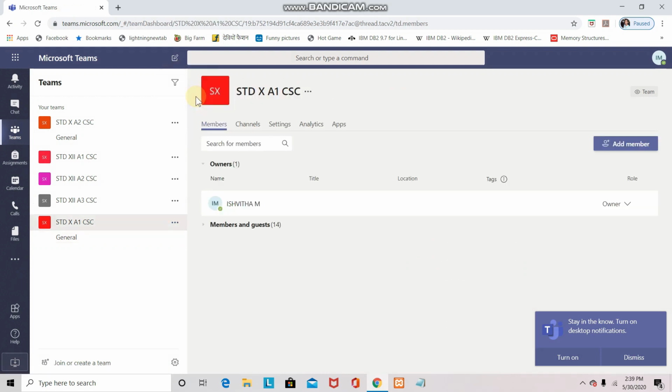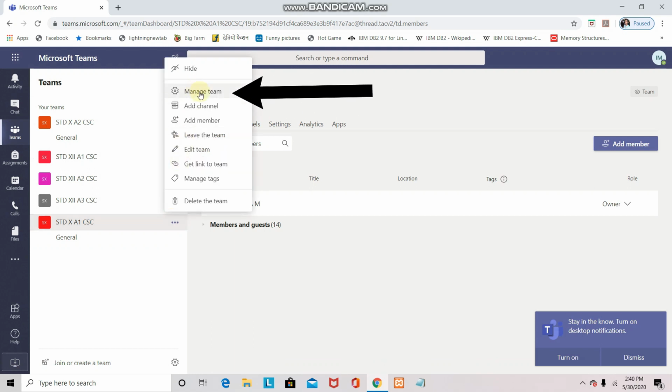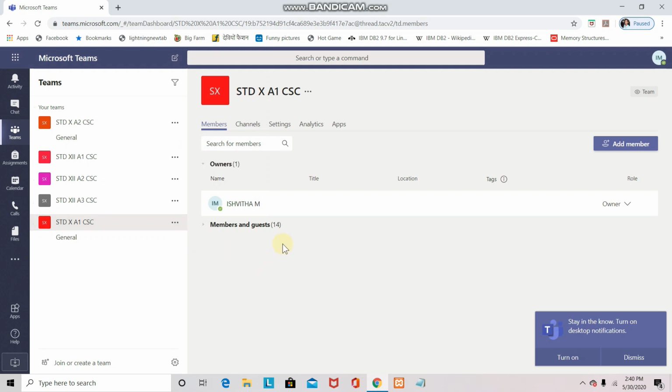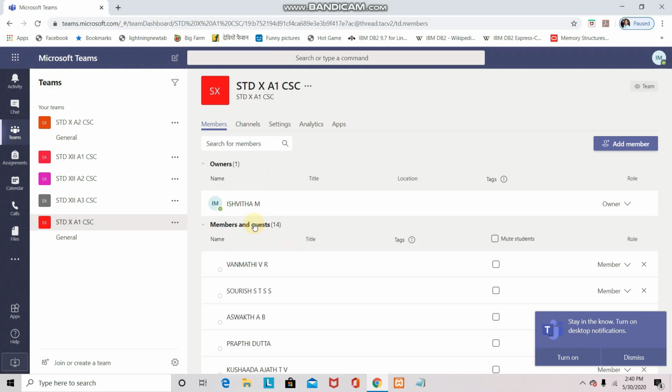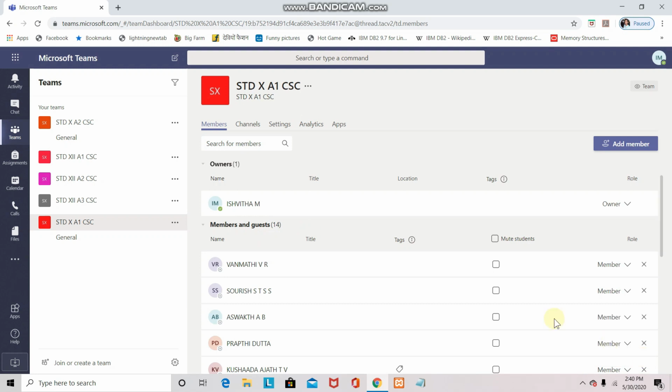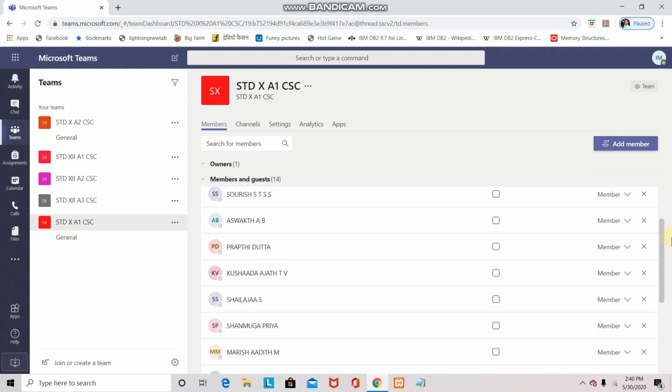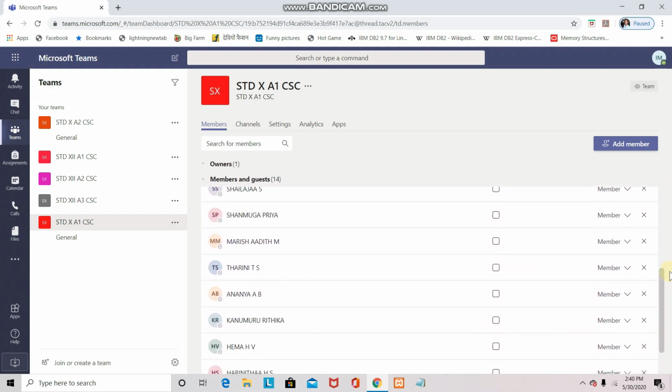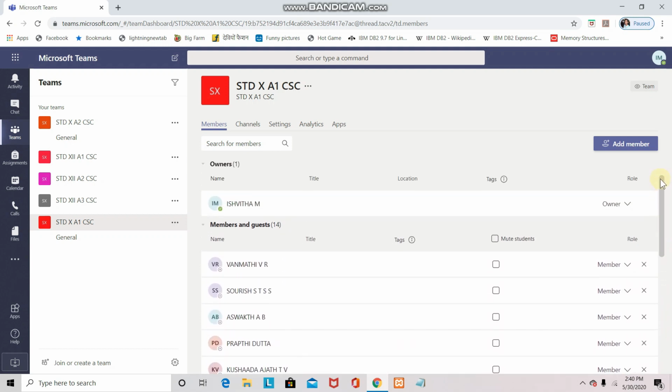What all classes you have, you need to create, and now you can click these dots and you can see manage team, wherein you can see this particular window. You can see all the members who are there in your team. As I'm showing it here, all the members who are there in the team. Sometimes the language teachers, if you do not have any particular student, you can also remove them by clicking the X button.